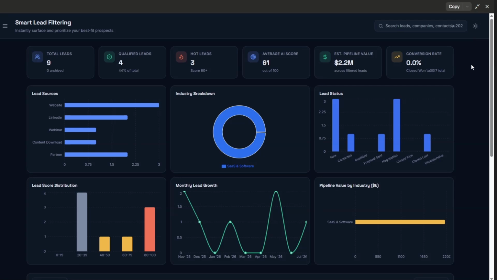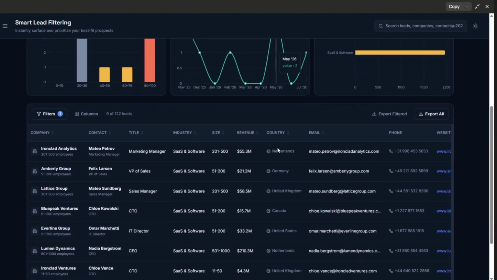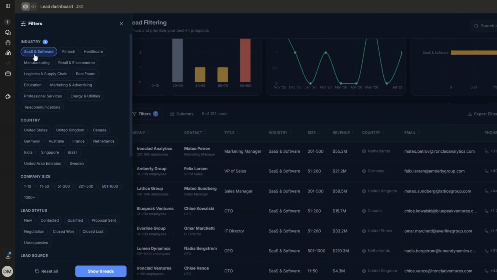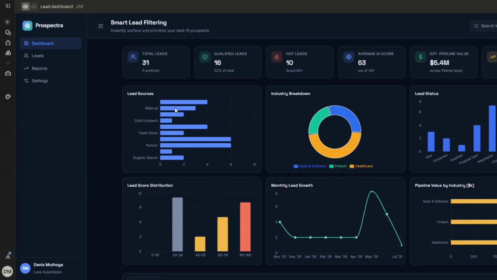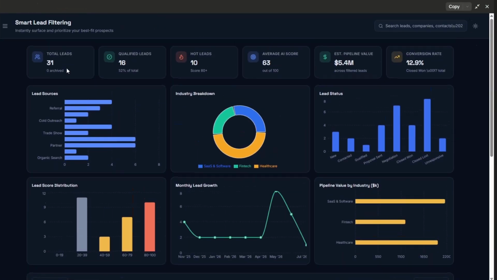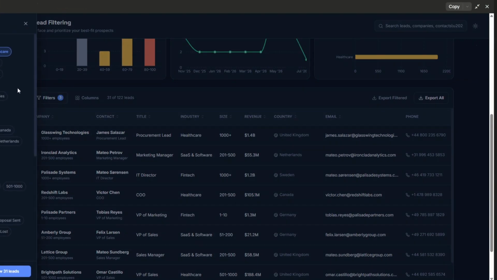You can see we can toggle our dashboard for the lights or redact them. Let's try filtering our leads. To filter our leads, click on the filter right here. You can choose to filter by industry right here, and then you can show the leads. Then here you can see we got a total of 31 leads from our filters right here, which was US,